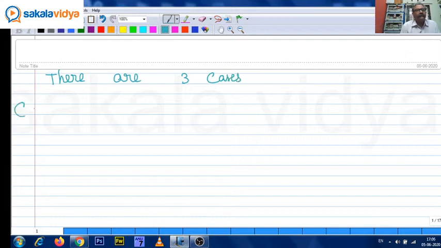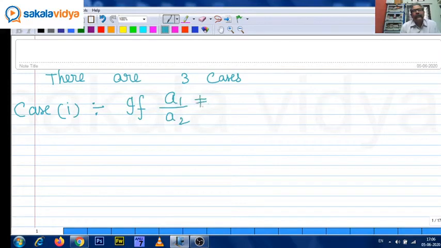Case 1. Case 1 is if a1 by a2 does not equal b1 by b2. So now a1 by a2 does not equal b1 by b2, then